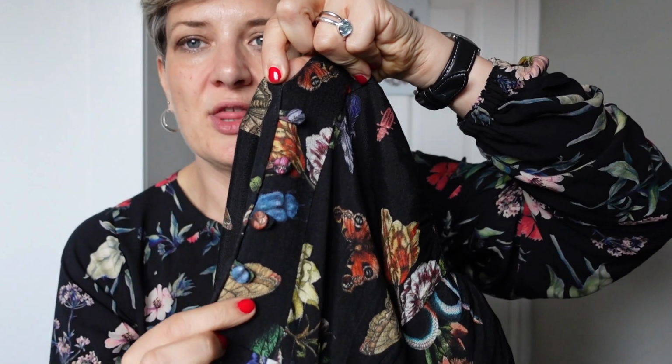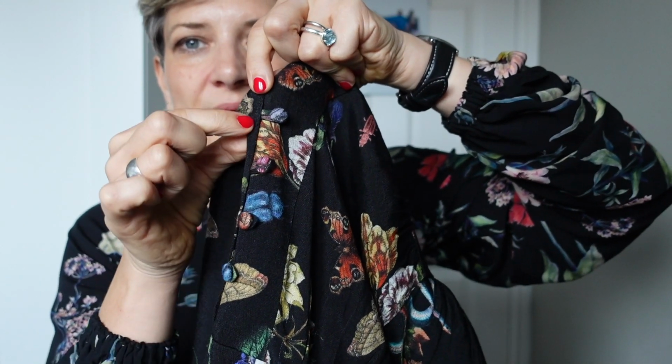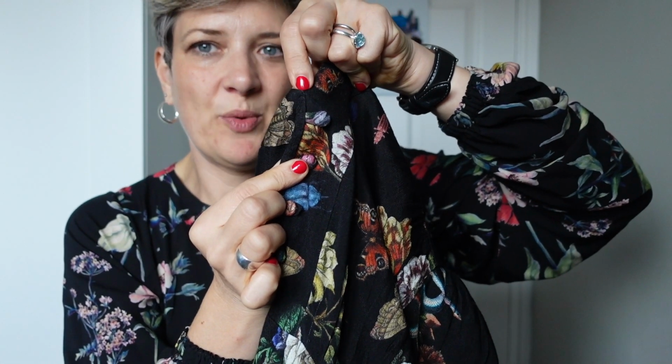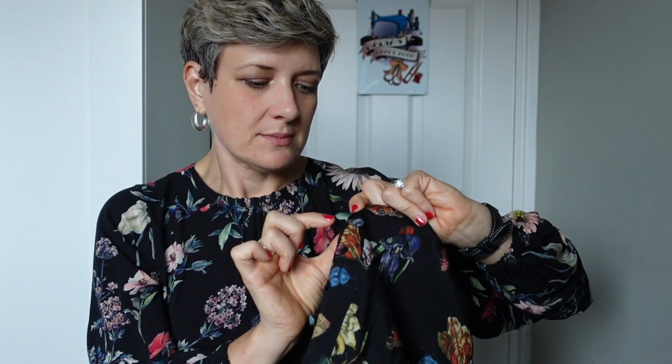But when I'd sewn all that up, I decided it looked silly because there were only 3 buttons on here. So there's 1, 2, 3, and then I wanted it to stay in place all the way up to here. But I thought, well, you can't have your last button there and it being done up into here. That doesn't make any sense. So I thought I had to add another button in. So I did this rouleau loop. I had to unpick this side here and slot in the rouleau loop,